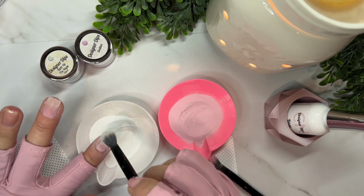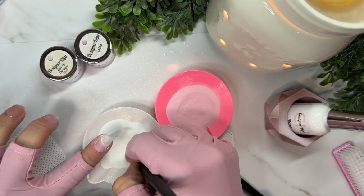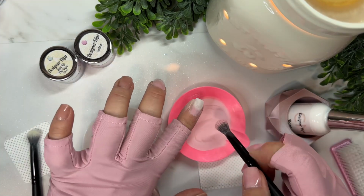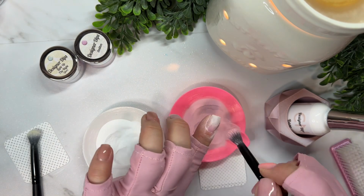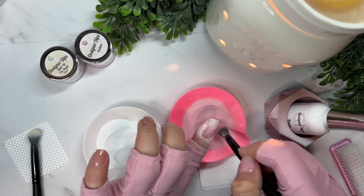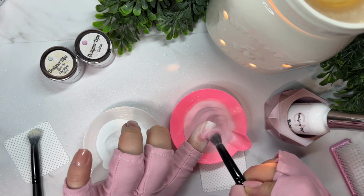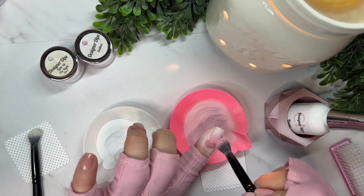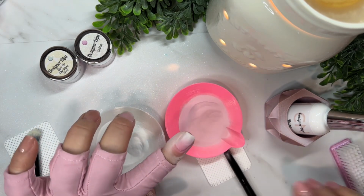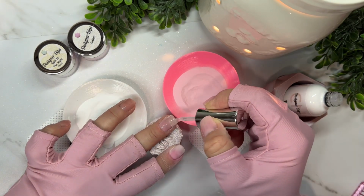So anytime I do an ombre, I tend to do a combination of tapping and scrubbing. I found that I don't do great if I only tap or if I only scrub. So I started doing this combination maybe a year and a half ago. I don't know, time kind of runs together at this point for how long I've been doing my nails. And doing this combination of tapping and scrubbing really allows me to get the best blend of colors when I'm doing an ombre. I've done the tap scrub method with 2 colors, and I've even done it with 3, and it works well for all of them